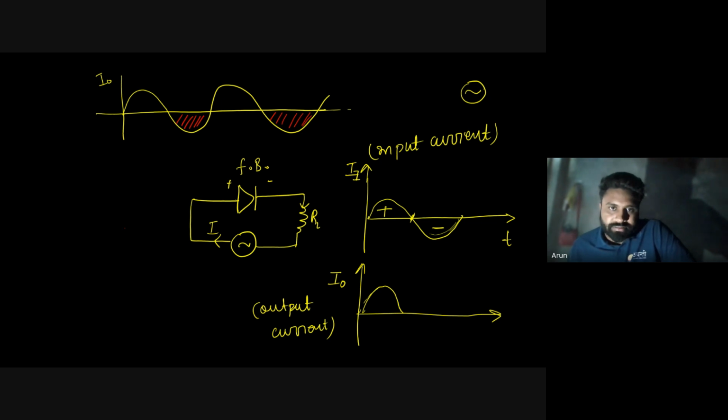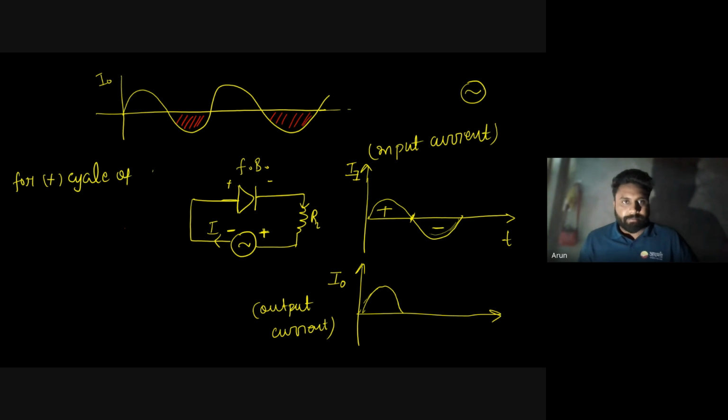After the positive cycle, this end now will act as the negative terminal and this point will act as the positive terminal, because it just reverses the direction of current from positive to negative. So here you can see that this positive end is now connected to the negative end for the negative cycle. I am writing it here: for the positive cycle of current,